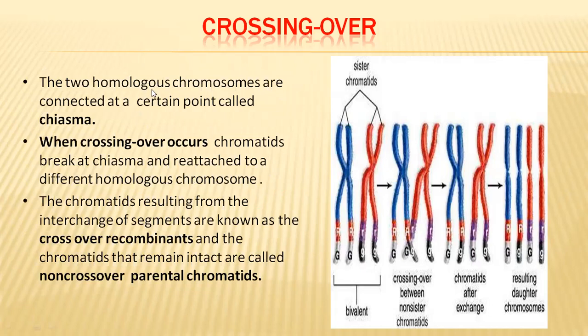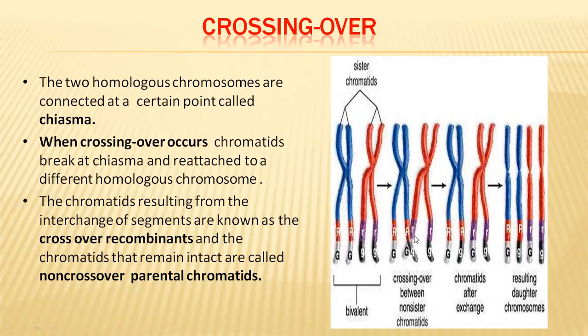And the two homologous chromosomes, when they are coming in contact with each other, will form some X-like structure. This is called as chiasma. It is here in this chiasma place only crossing over takes place. The exchange of chromatid parts in between non-sister chromatids takes place here in this chiasma region only.